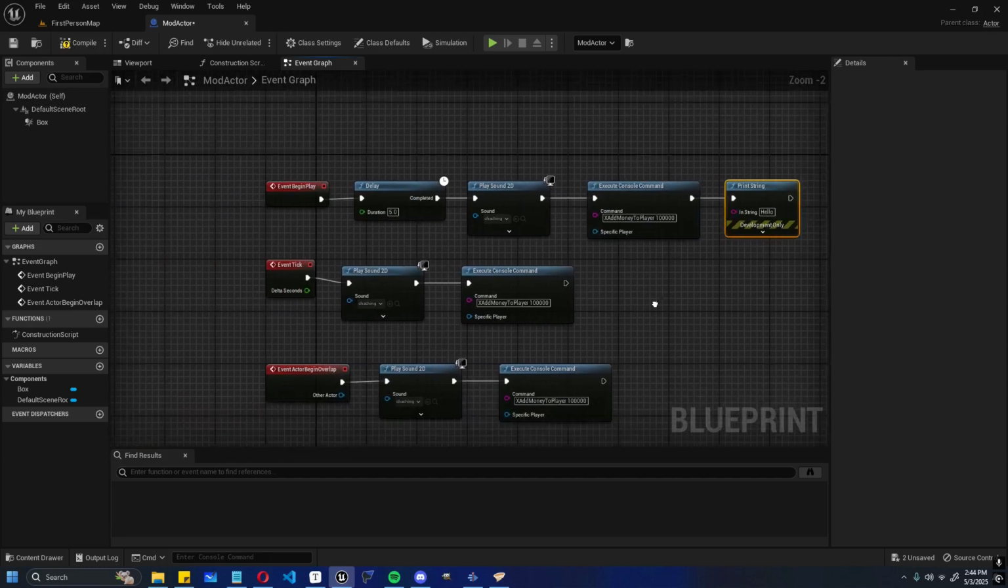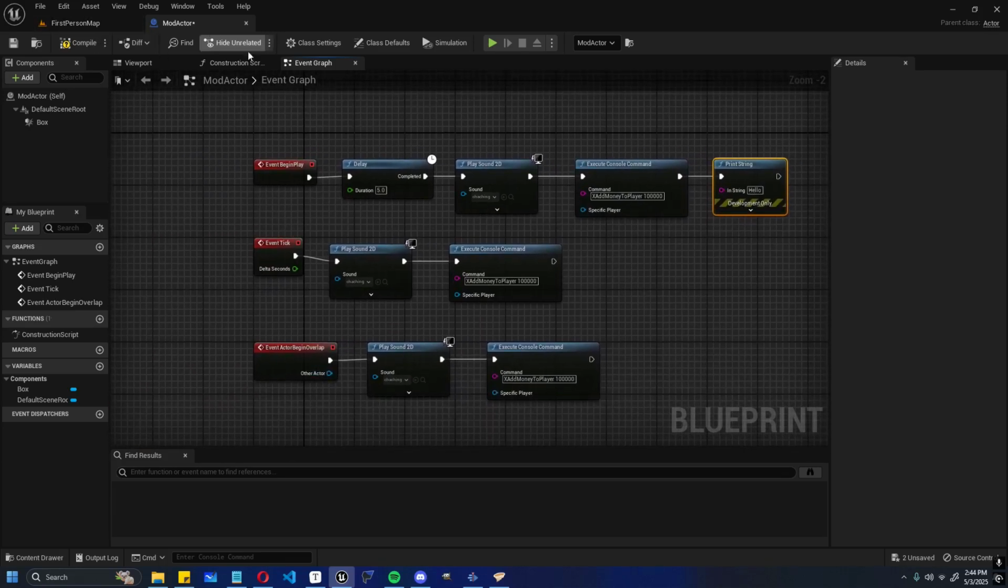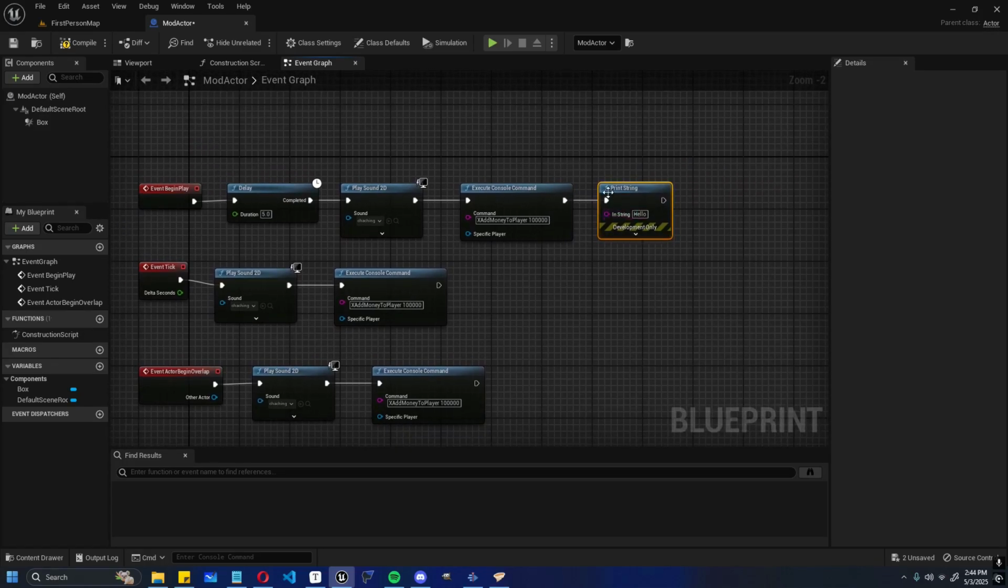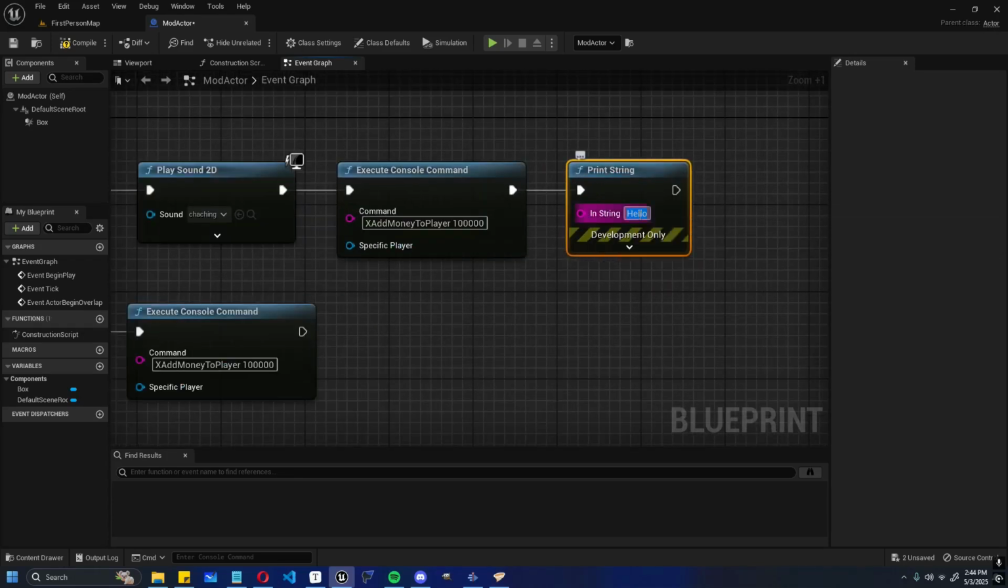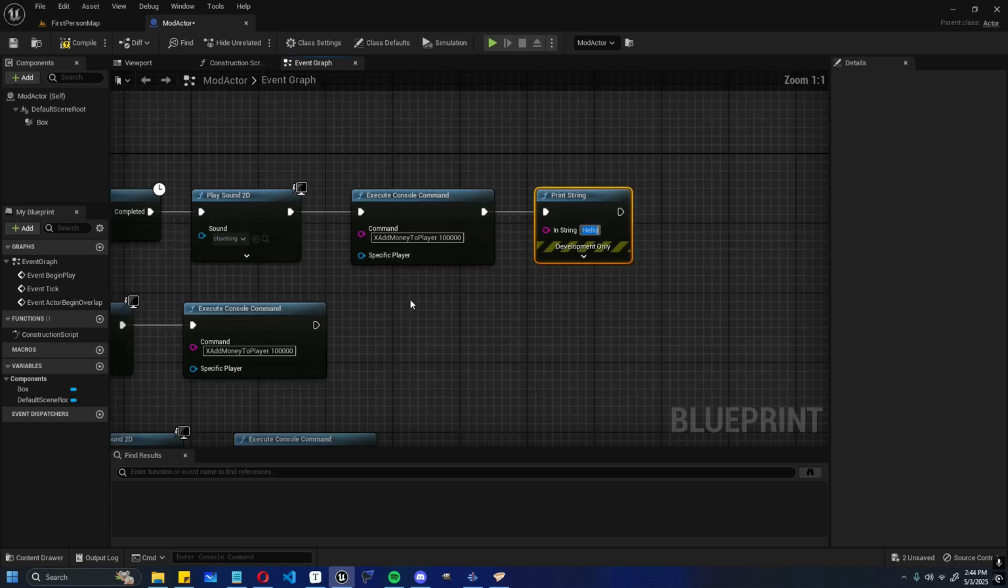I want to be able to tell the difference without having to look at this while I'm using play in editor. I just want something to pop up on the screen to tell me which event is actually driving the sound and console command at that moment. So if we put this print string on here, every time that this node is encountered, it'll print whatever we put in the in-string box. So this first one is begin play. So I just wanted to put begin play on screen whenever